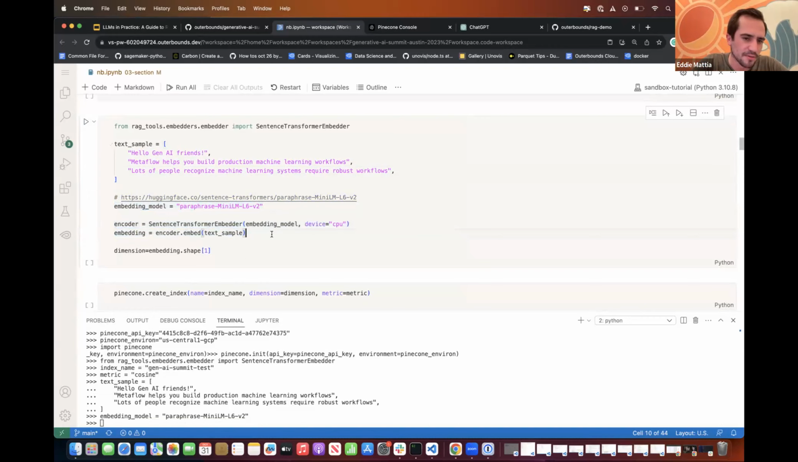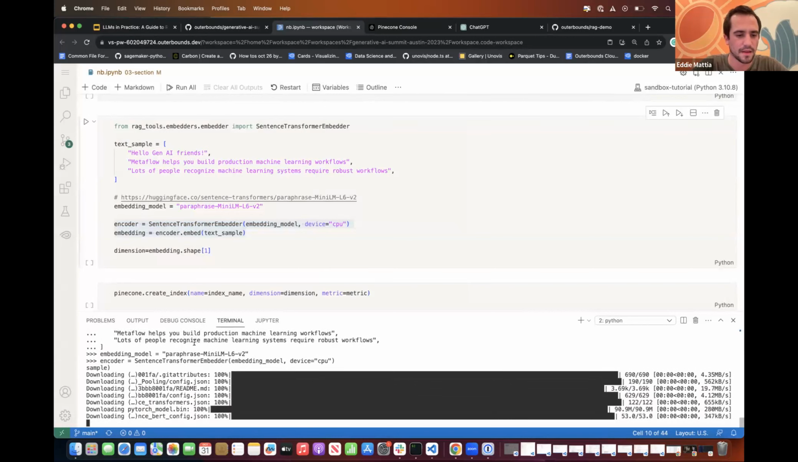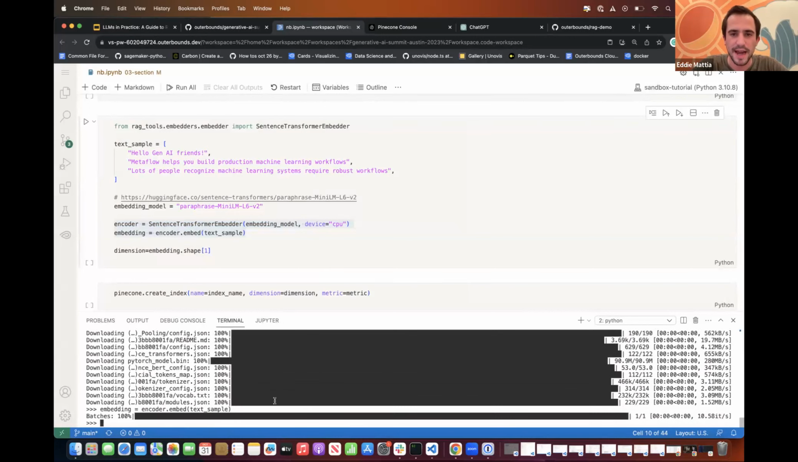This object is a little wrapper that's in the RAG tools, but it's a very thin wrapper around the Hugging Face API for doing this. So let's go ahead and do these two together. We're going to make the encoder, and then we're going to encode these 3 text samples. So we'll get 3 vectors as an output. Now we see Hugging Face doing a lot of action, downloading the model, and then we've already